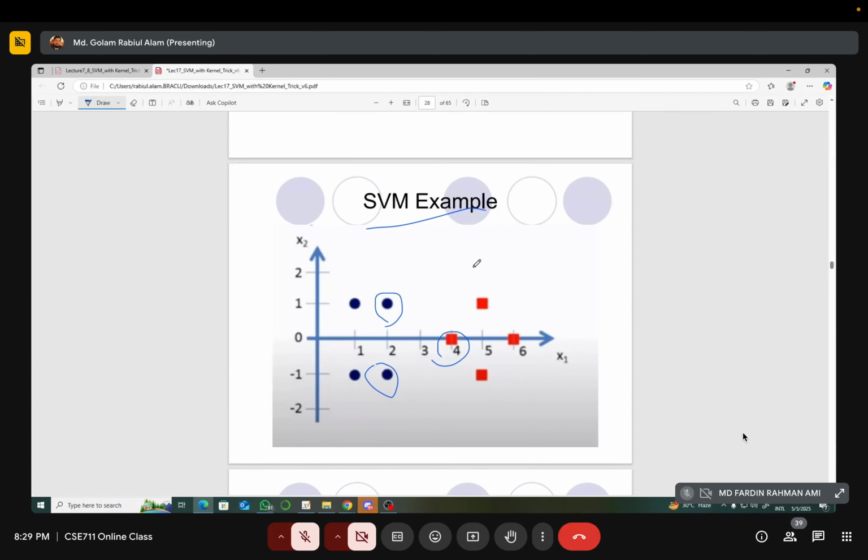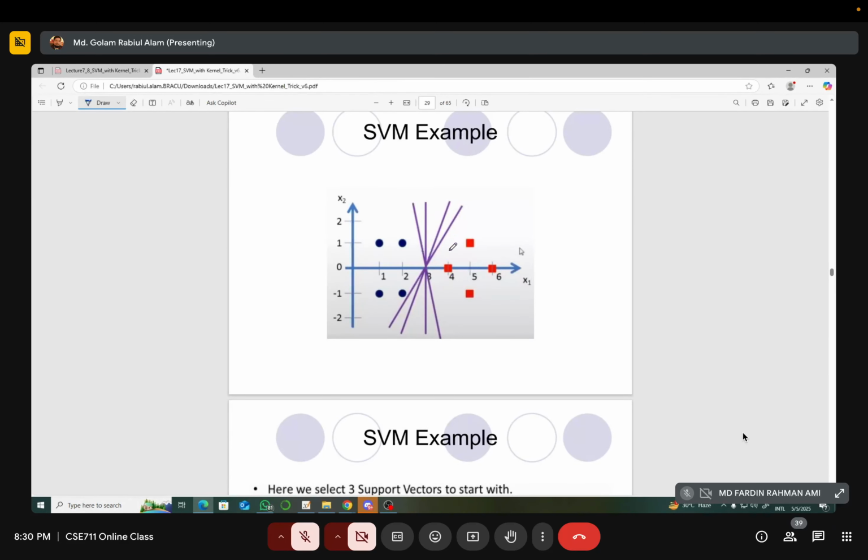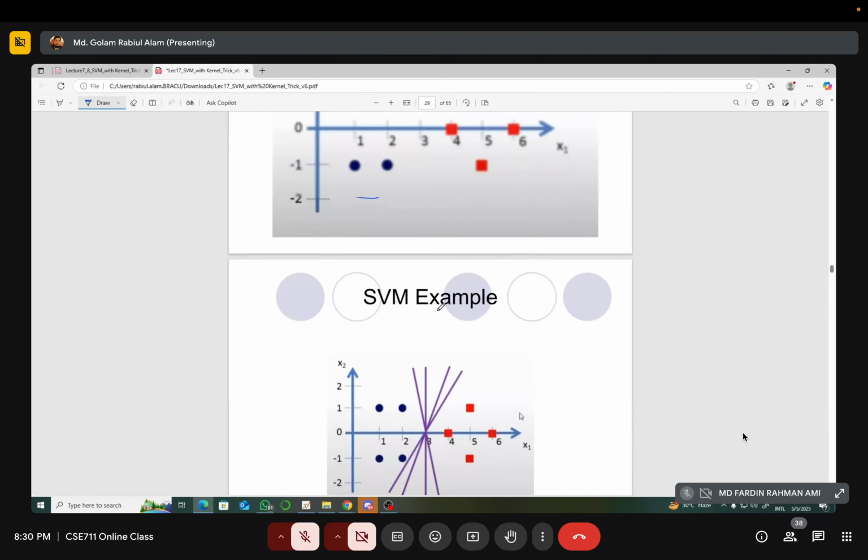And if the data points are given, then actually for the training purpose, the class labels are also given. Like in this case, it will be given that maybe this is the positive class, so these data points are in positive class, these are in negative class. So it will also be given, and then you have to find out the support vectors, and utilizing that